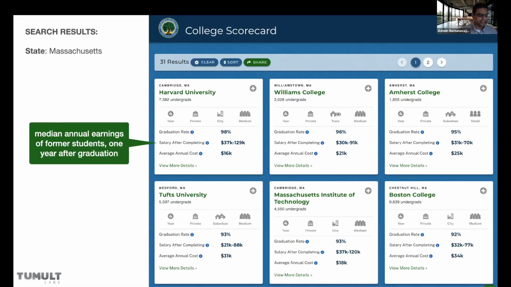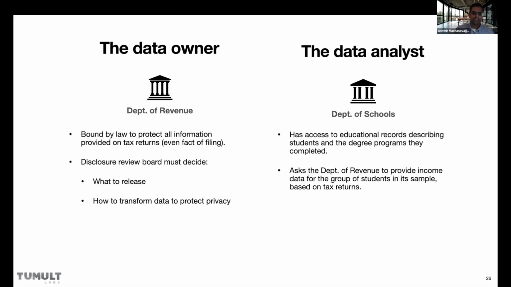You can go in and search for, for example, Massachusetts. It shows you all the Massachusetts universities, and also certain educational outcomes like graduation rate and so on. But it also shows you things like the salary, like what is the median salary of someone who graduated from Harvard in a certain year. And it gives you a range of different values, because depending on what program you graduate from, you have a different median income.